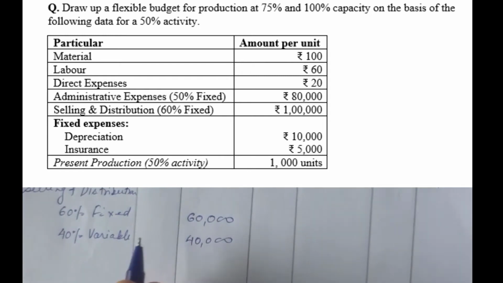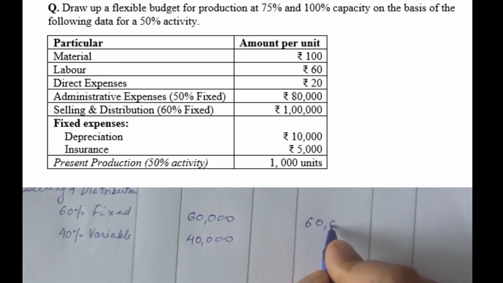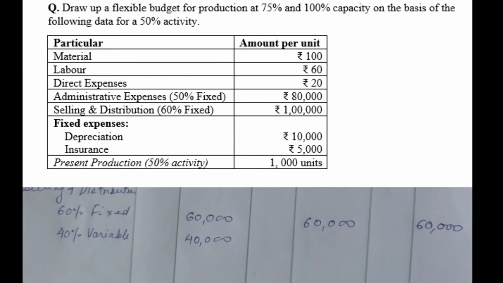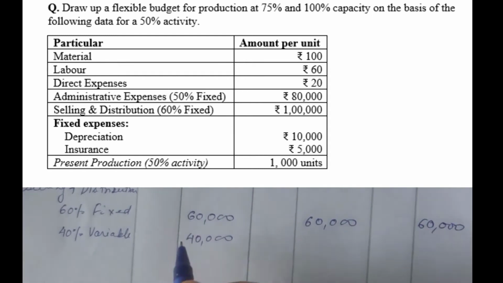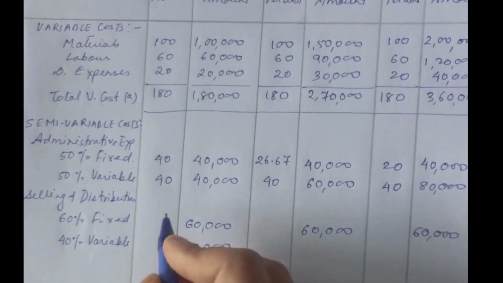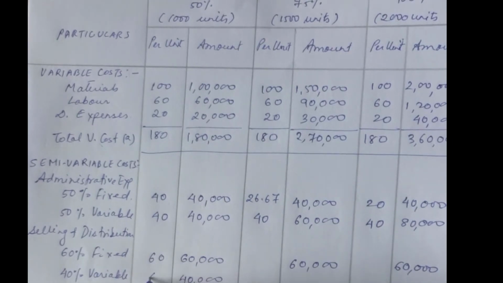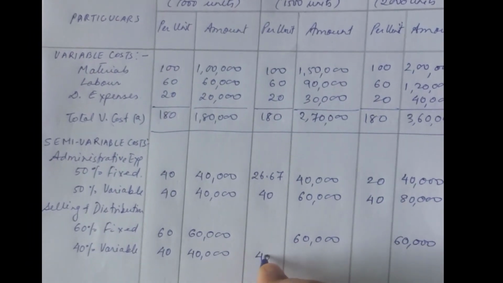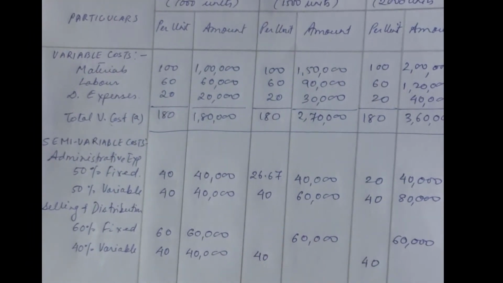Right? So if we put this up again, you see the 60% amount has to be fixed, right? 60,000, so we can write here 60,000, and you can write here 60,000. Now, 40,000 is variable. Before we find out the variable per unit, we'll just see how much it is first. 60,000 divided by 1,000 is 60 rupees. 40,000 divided by 1,000 will be 40 rupees. So we got 40 per unit, right? It does not change. So if it does not change, we'll put it up for the other categories also.